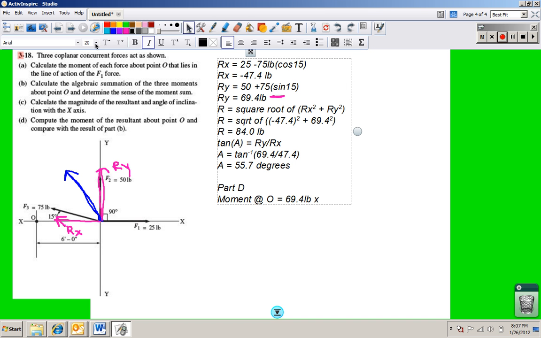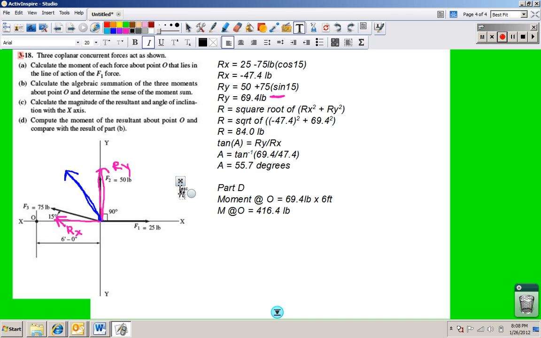Oh, the distance is still the same. It's still 6 feet. Okay. So the moment at O, point O, is equal to 416.4